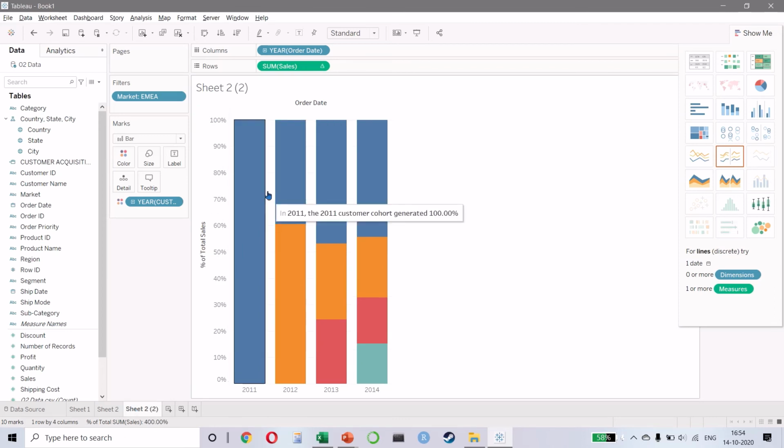And I think this is better because this helps you understand the percentage contribution. For example, in 2011, obviously the 2011 cohort is 100% contribution. In 2012, the 2011 cohort generated 39%, then 46, and then 44. So as you can see, in 2012, the contribution was 39. In 2013, the contribution became more, which is very interesting because despite the fact that we added new customers, which is this red bar in 2013, despite that, the overall contribution to the business of the 2011 cohort has increased.